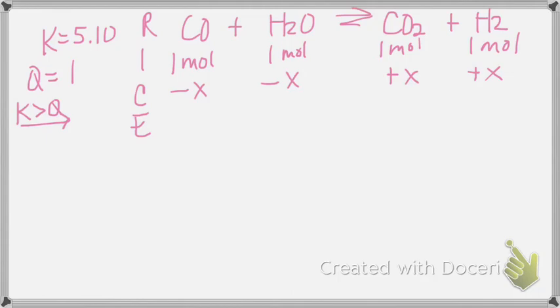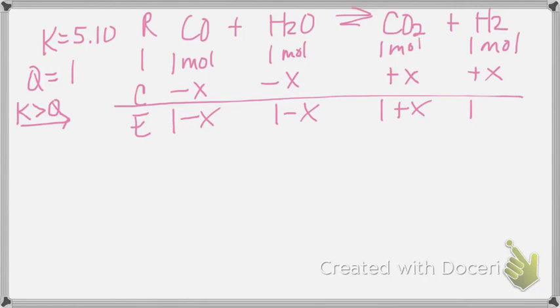Even though K is greater than 1, it's still favored to the right? When K is greater than 1, it's always favored to the right. But that's at equilibrium. What it means when we see products are favored is that at equilibrium there should be more concentration of products than there are reactants. But because the concentrations that they gave us are initial, we have to calculate which direction we are going. Because if we had really large initial concentrations, we could actually have to shift the other way to reach equilibrium. So now we're going to do our equilibrium concentrations, which is 1 minus X, 1 minus X,